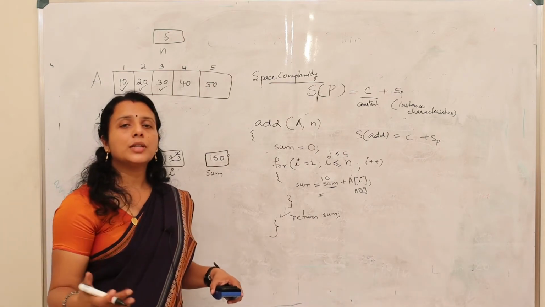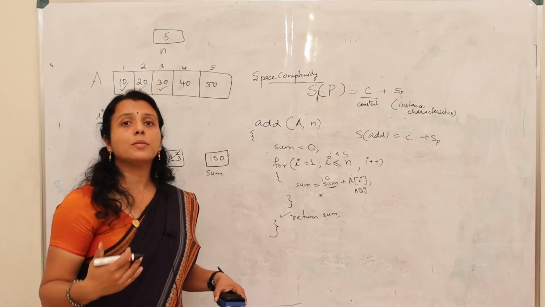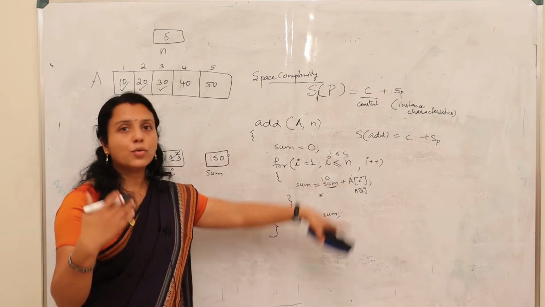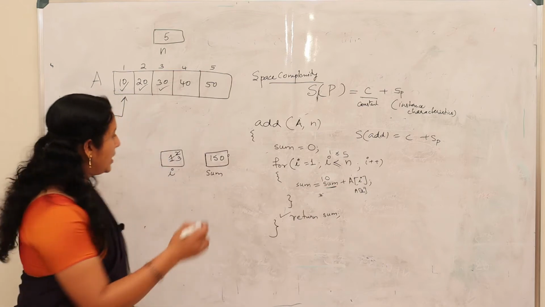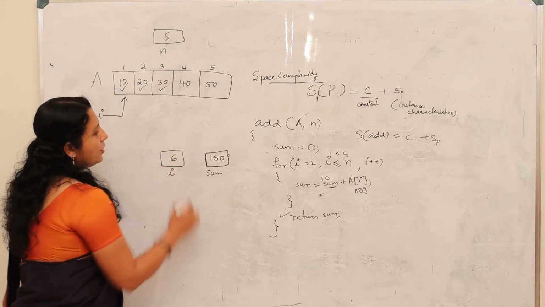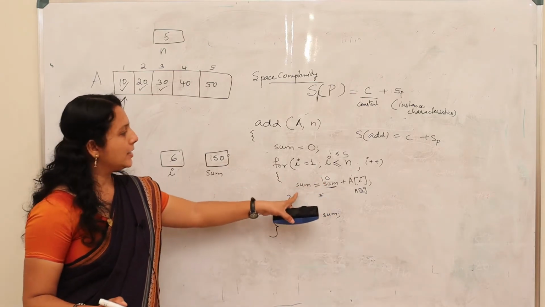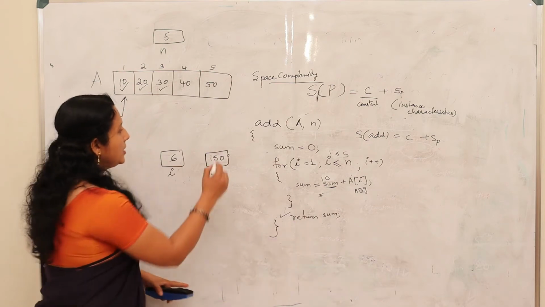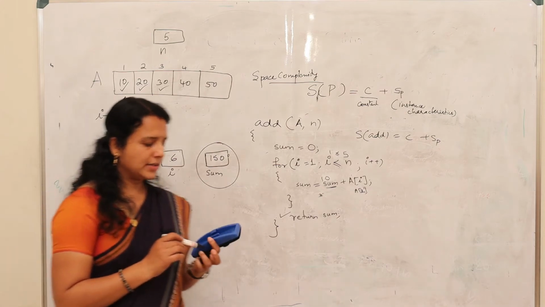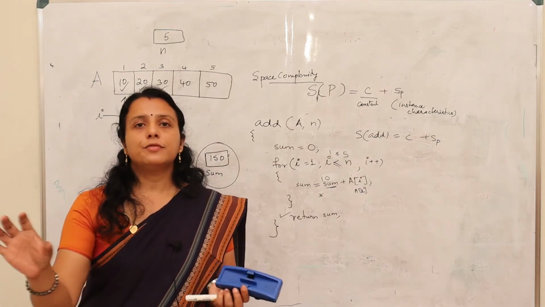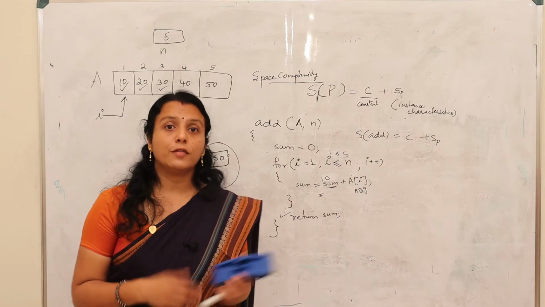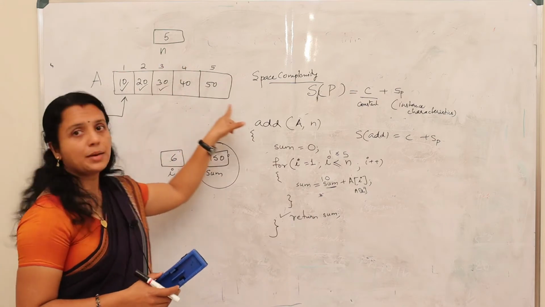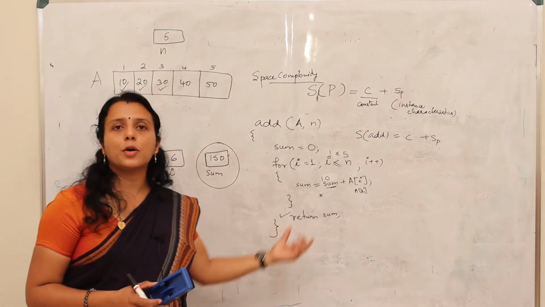And at what time are you exiting from the for loop? When your I value increments beyond the value 5, that means when I becomes 6, you are exiting from your for loop. And after exiting, control comes here, return sum. So this is the final answer you are getting on the screen: the sum of the 5 numbers is 150. You will get it like that, for this execution, for the value n equal to 5, and with these numbers you will get 150 as the answer for this problem P.